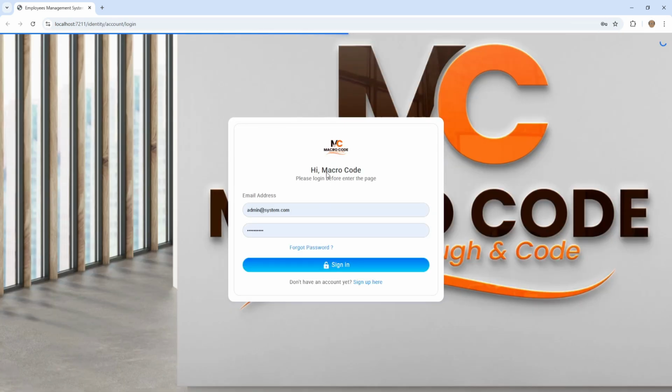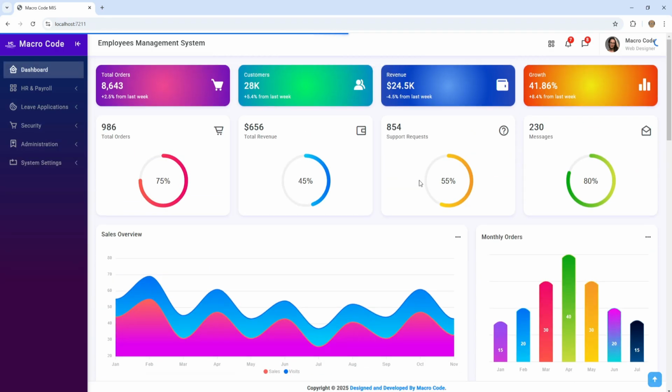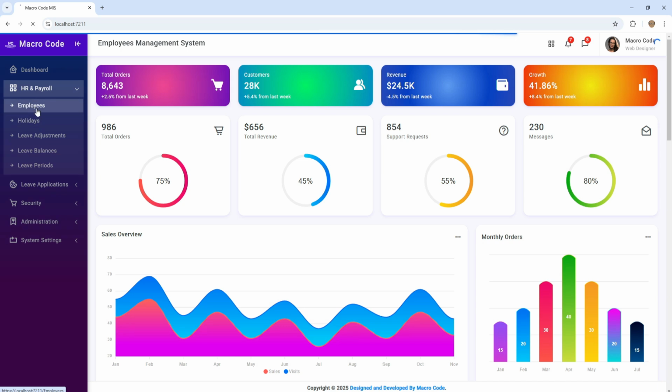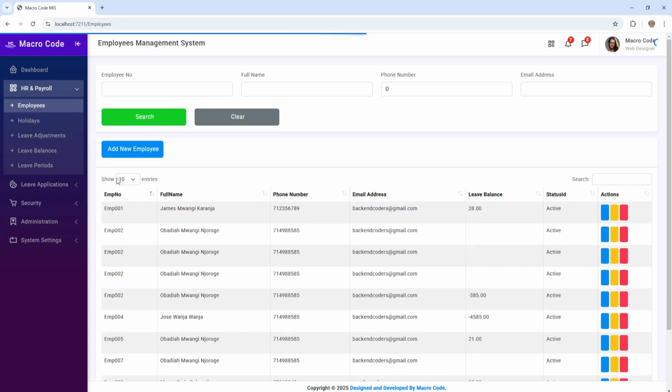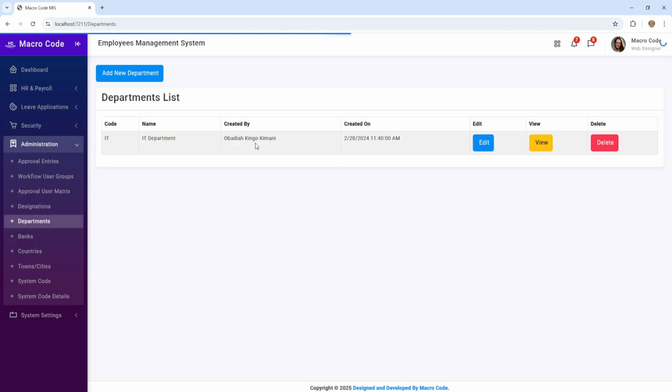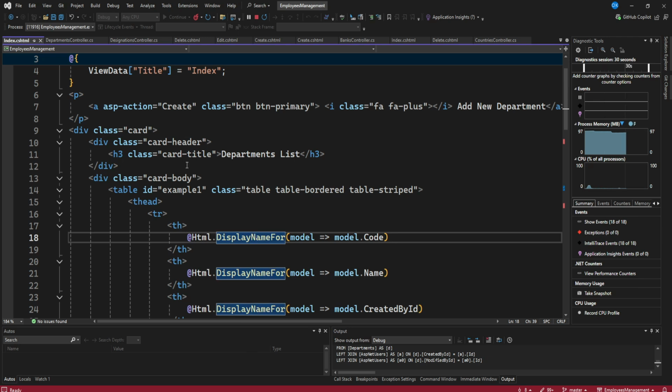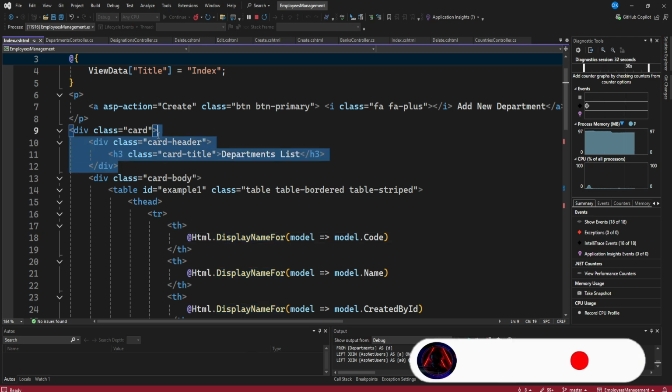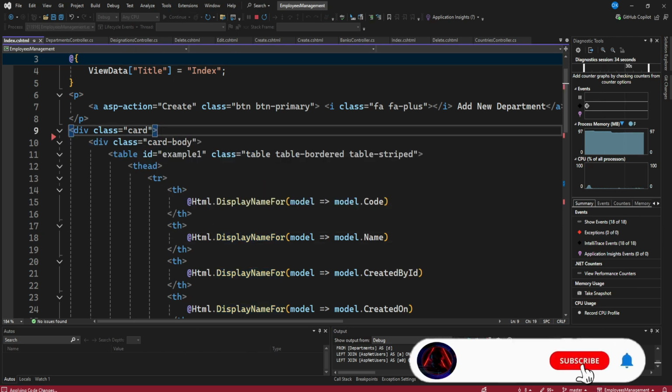So as you can see, this is our login screen. I'll just log in. Once we log in, we should be able to have here the employees. Then if you go to departments, we have our departments. You see the code, the name, and the created by and the created on. Then this is our departments list. If we just go here, I'll remove this card here. Then if we click add department,